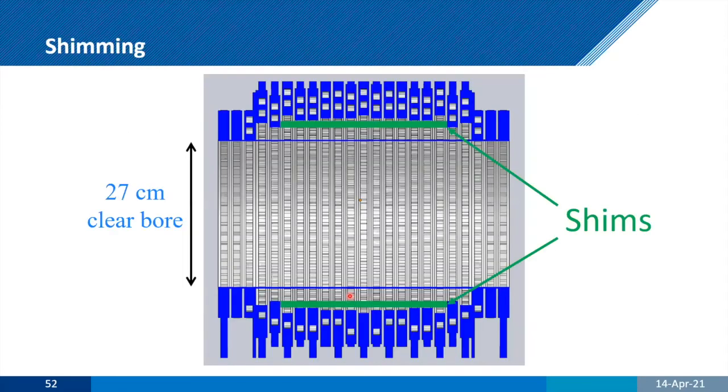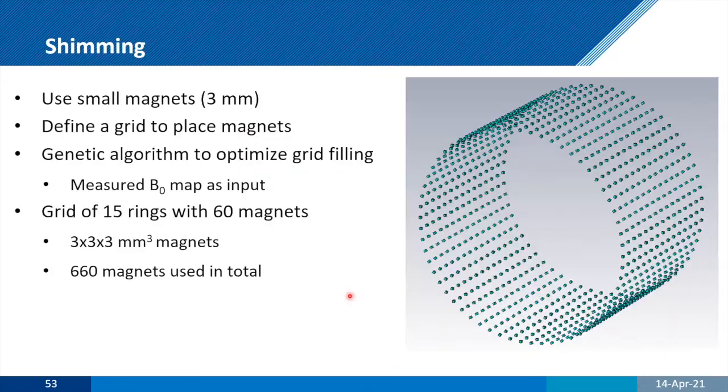So of course you can come in then and shim, and you shim the old way that people shim, which is putting in very small permanent magnets. And again, you can use the same kind of genetic algorithm to come up with the placement of those, whether they should be in one direction, another direction, or no magnet at all. And so that's another 660 magnets for Tom to put in place.